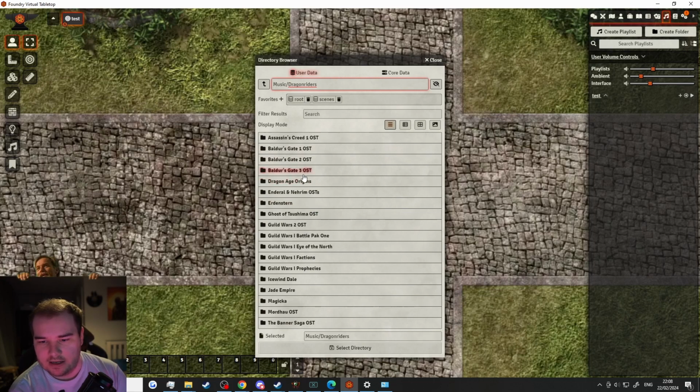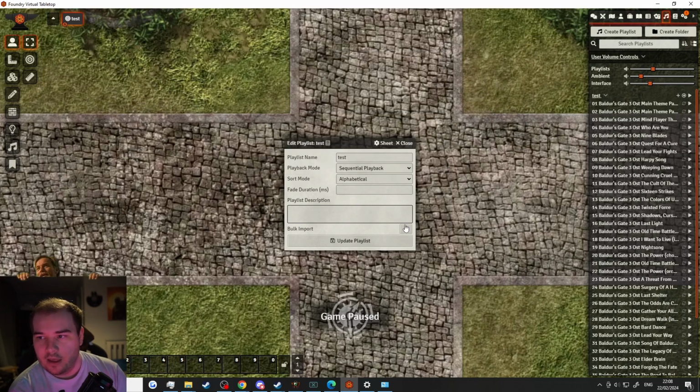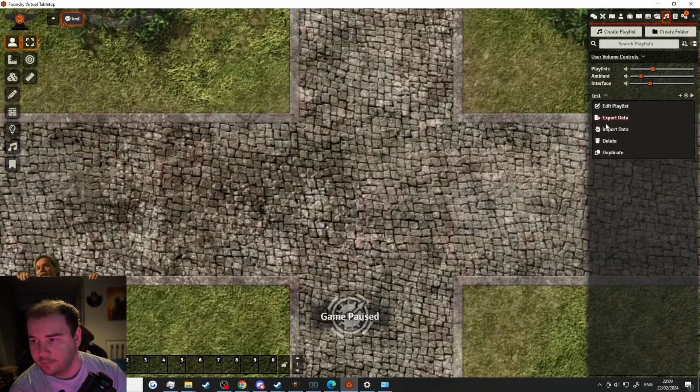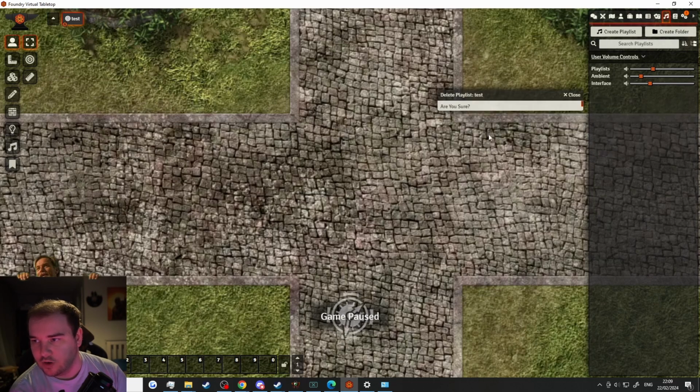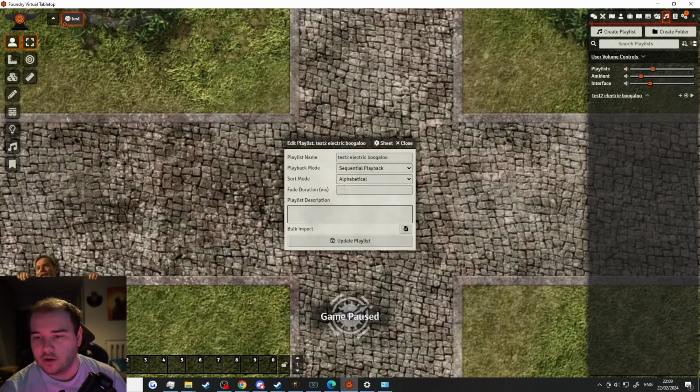So if I wanted to add a particular song, let's say from Baldur's Gate 3, I've chosen that directory. And by doing that, it's just added everything. So that's bulk import. Let's delete that and show you how to just add one track instead. Test 2 Electric Boogaloo. So if I don't want to do a bulk import, I just click Update Playlist when I'm done,